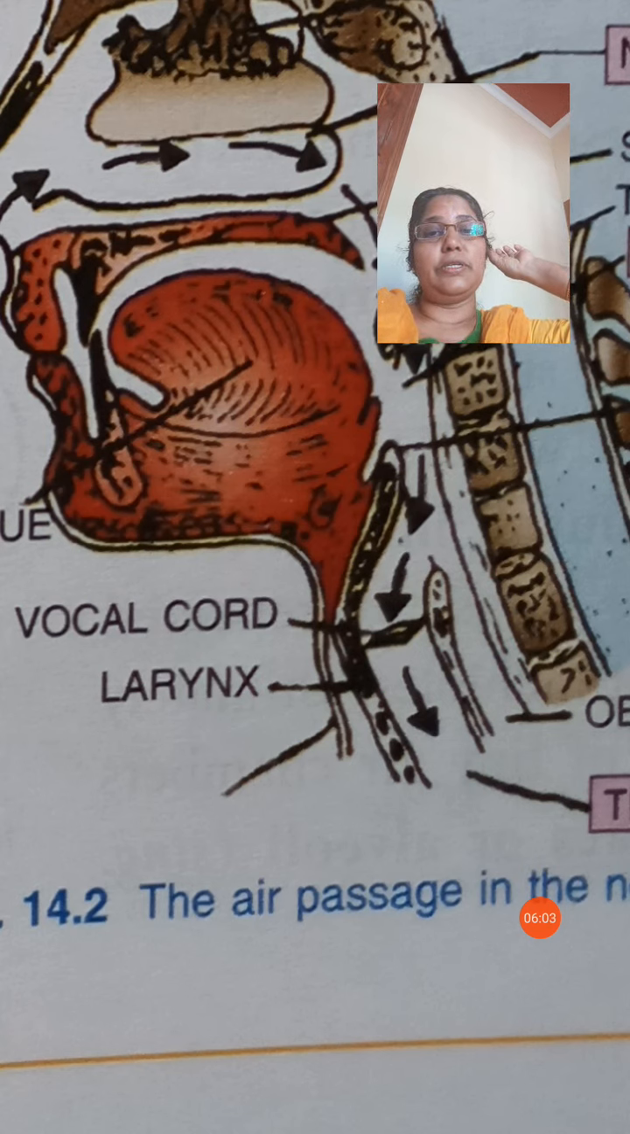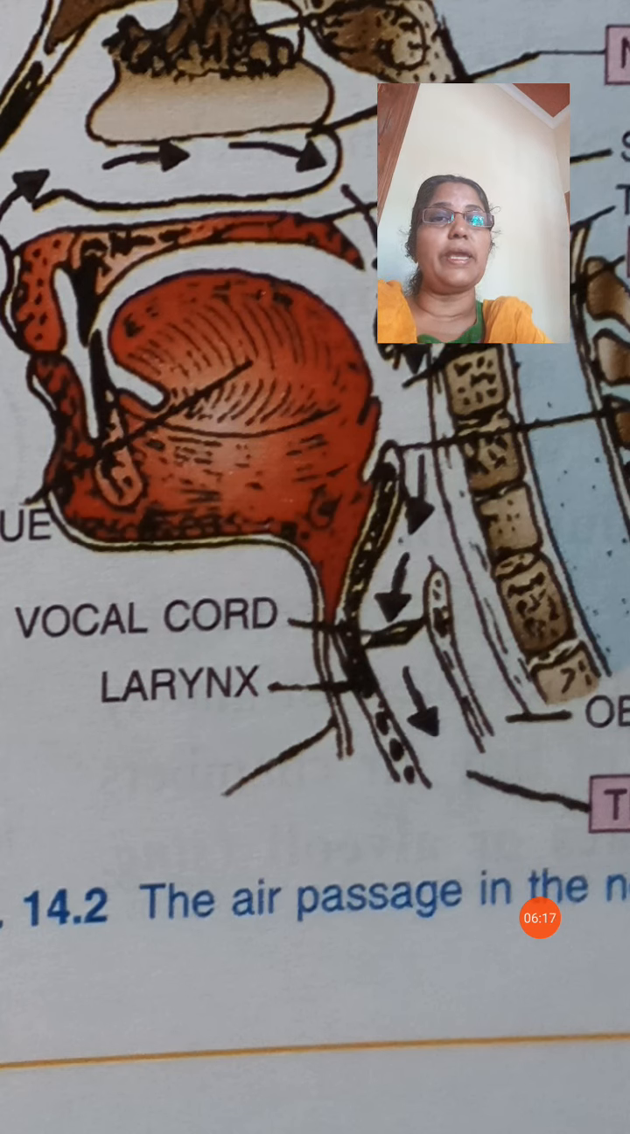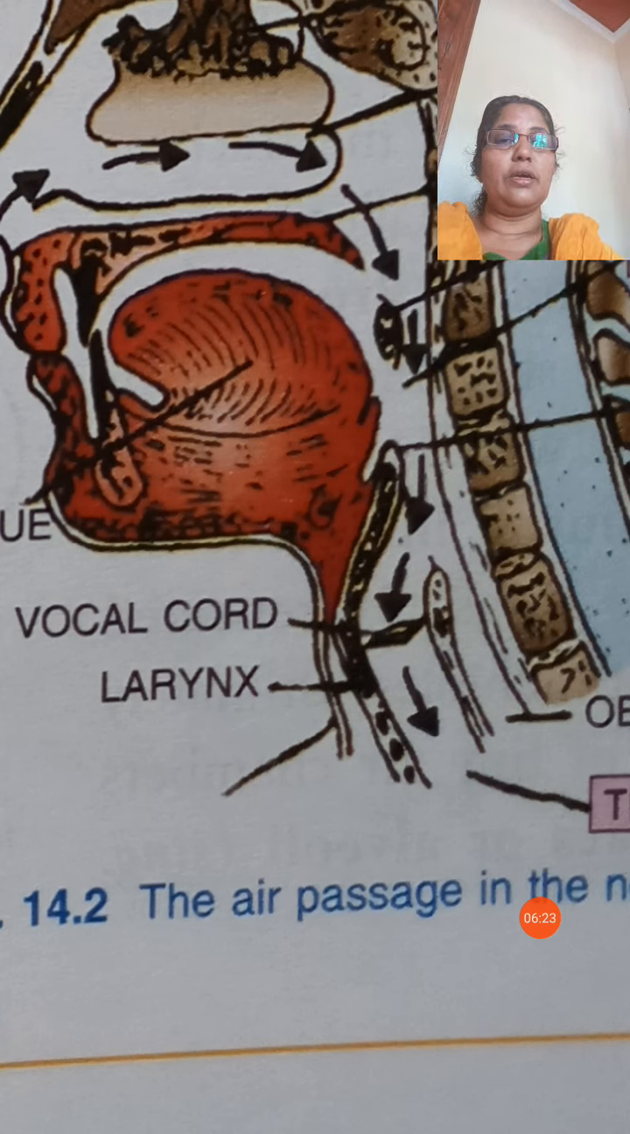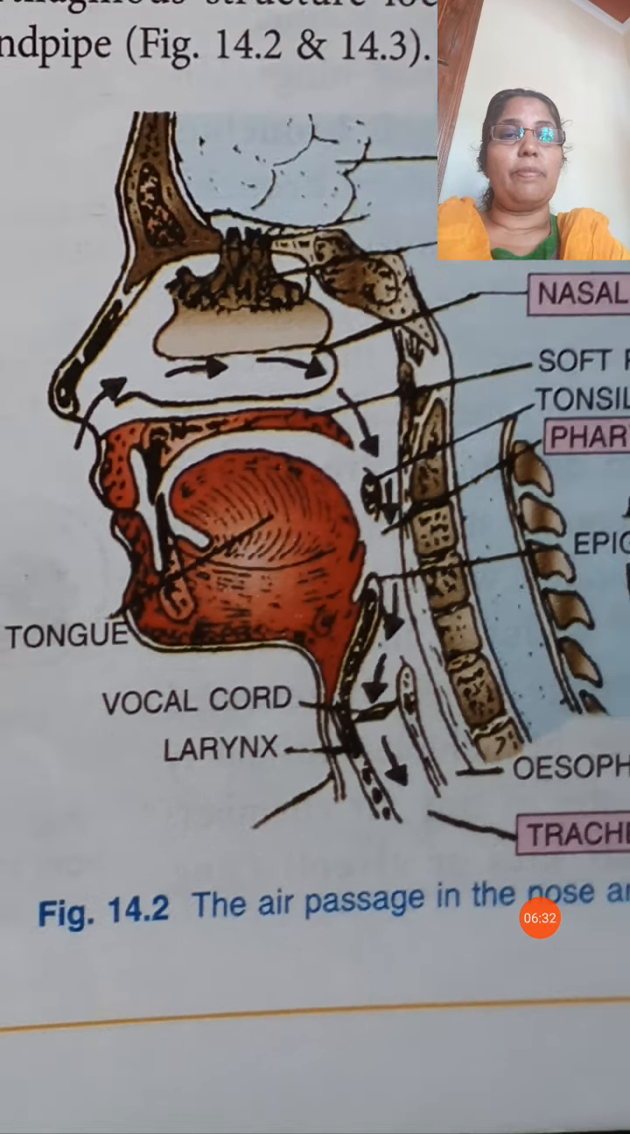It is flexible tissue. In such a cartilaginous structure, two foldings are there, those are the vocal cords. When air passes through the larynx, the vocal cords vibrate, which makes vibrations in the air, and that is the sound produced by the human being. Here you can see, if food passes through the pharynx region, usually the part known as